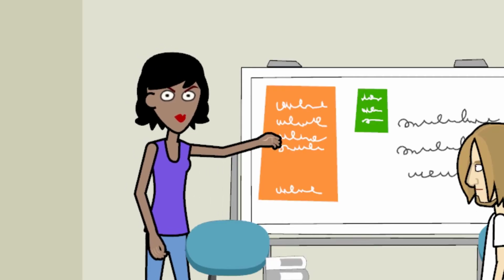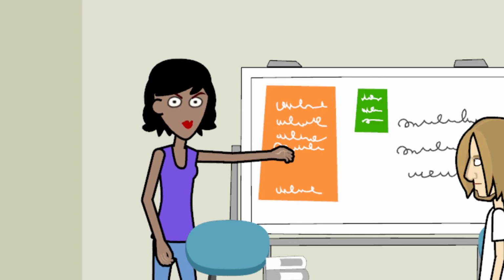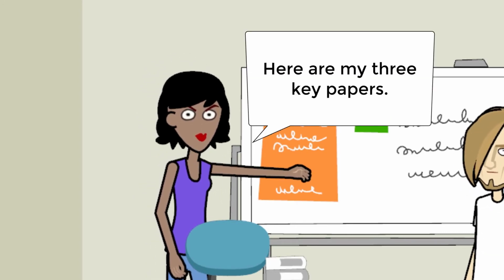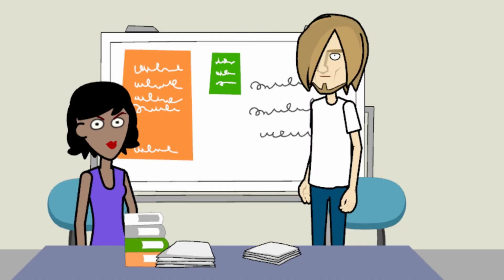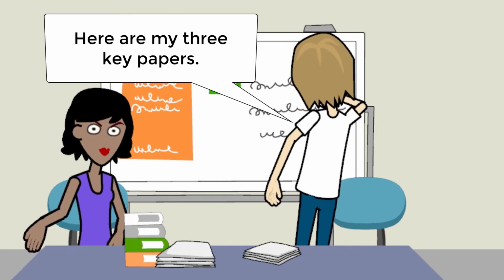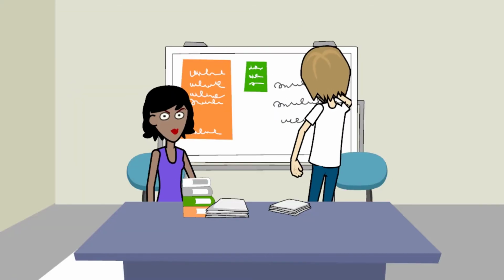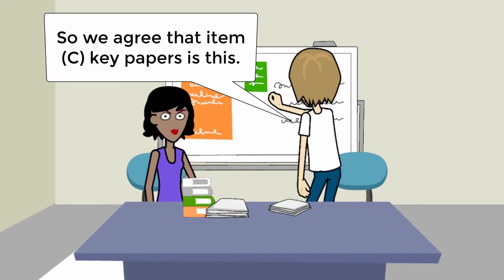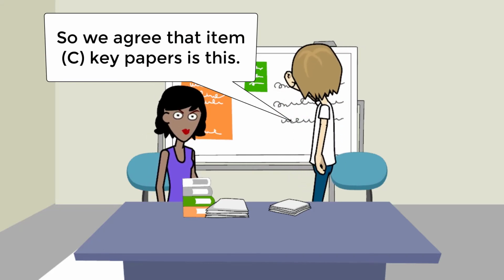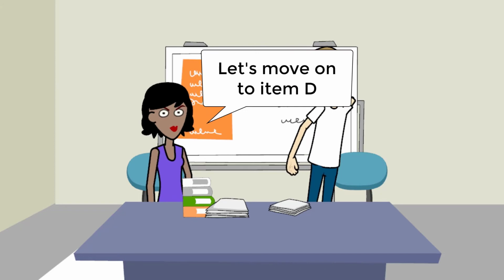For example, when sparring on C, key papers, person A will share the 3 key papers they selected and why. And following this, person B will share the 3 key papers they selected and why. After integrating individual perspectives into a final best response, the group will then move on to discuss a new item,